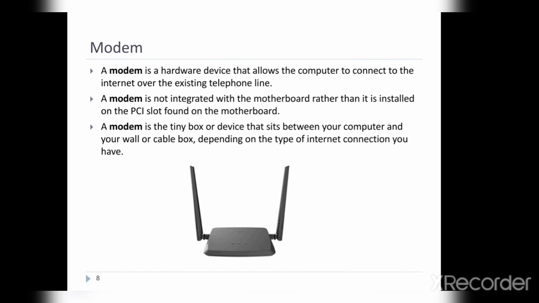So modem is used to connect the computer to the internet. Email and data transfer activities can be performed by using this modem. Modem offers limited bandwidth. The speed of a modem is the number of bits transferred per second. Modems are classified into two categories according to the transmission method. First is the asynchronous modem and second one is the synchronous modem.